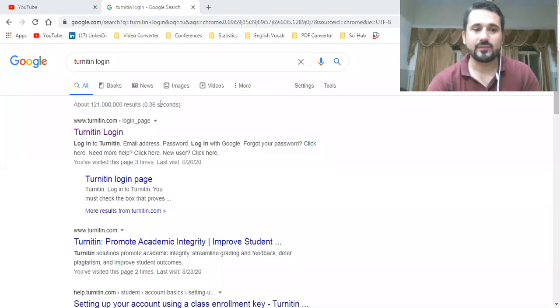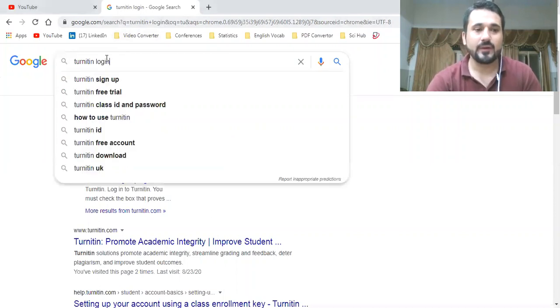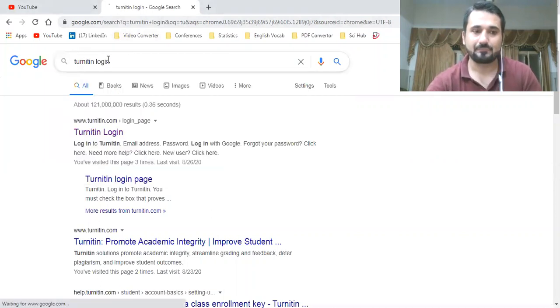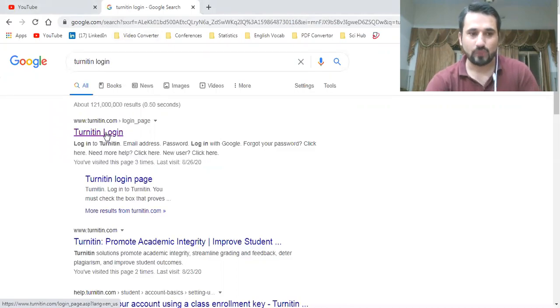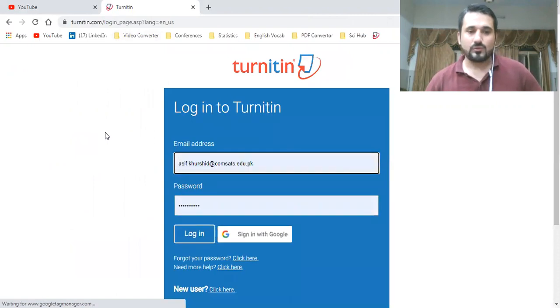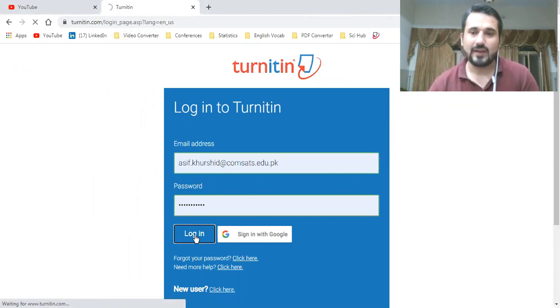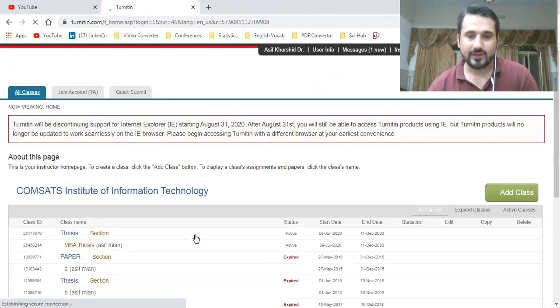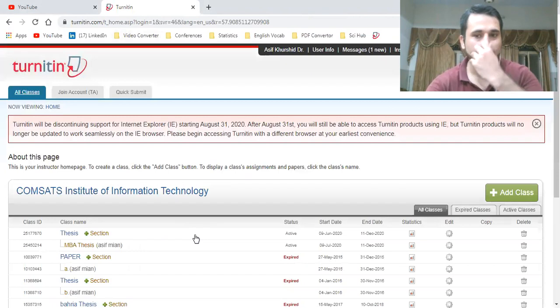So here you can see you have to go to google.com, and here you have to type Turnitin login. I have typed, and then you have to go to the very first tab, login Turnitin. So my account is already logged in because I saved my password. So I will log in here, and after that I will tell you how to create a folder and check